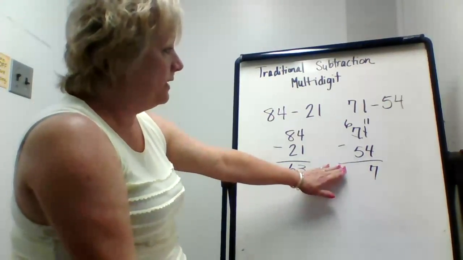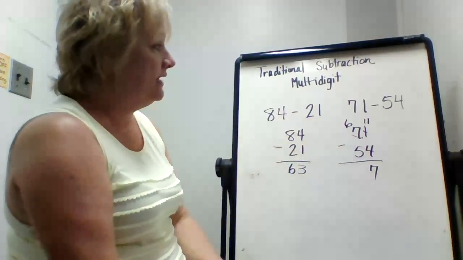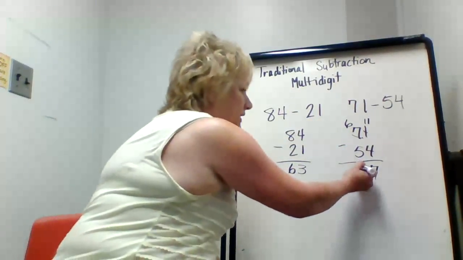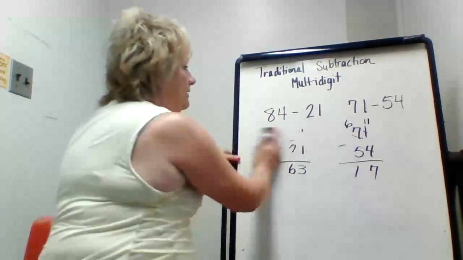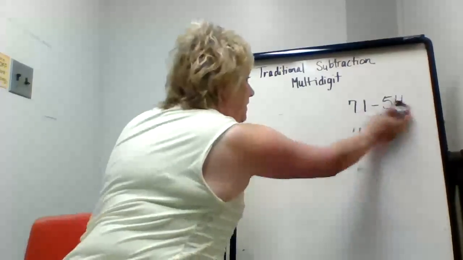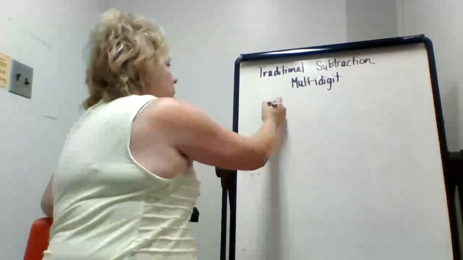Now I'm going to move to the next spot. I have 6 and 5. I'm going to take 5 away from the 6. 6 minus 5 is 1. And my answer is 17. All right, let's see if we can't do that with a bigger multi-digit number. Let's do